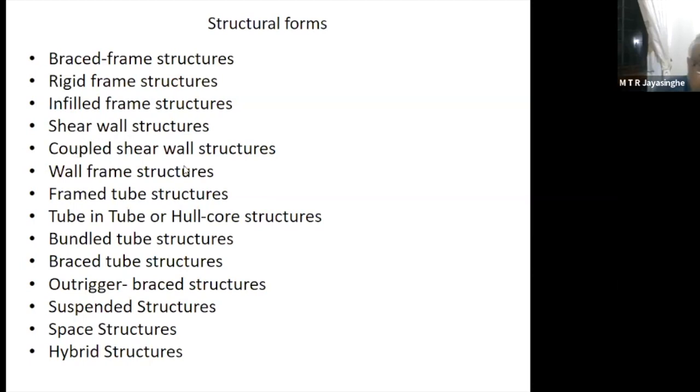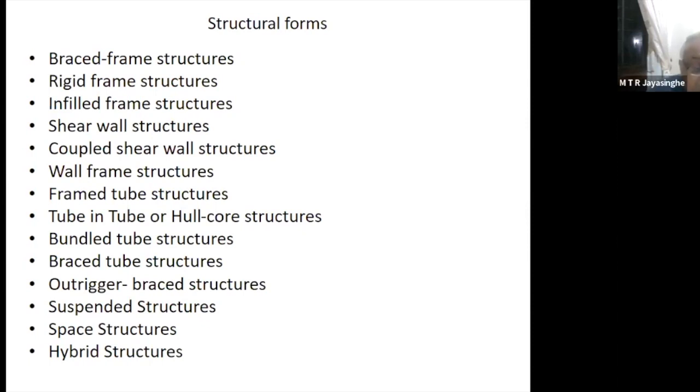Then he went to America as a Fulbright scholar. Then he moved on to the tall building sector. Then he made a very important innovation. His innovation is based on a biological structure, that is the bamboo. He thought bamboo is very strong, but it has no core. So if we have a building which is very strong on the outer skin, then we can have a structure that behaves like a bamboo, very strong. Bamboos are very strong, but there's no core. So he looked at it, and he developed this concept,